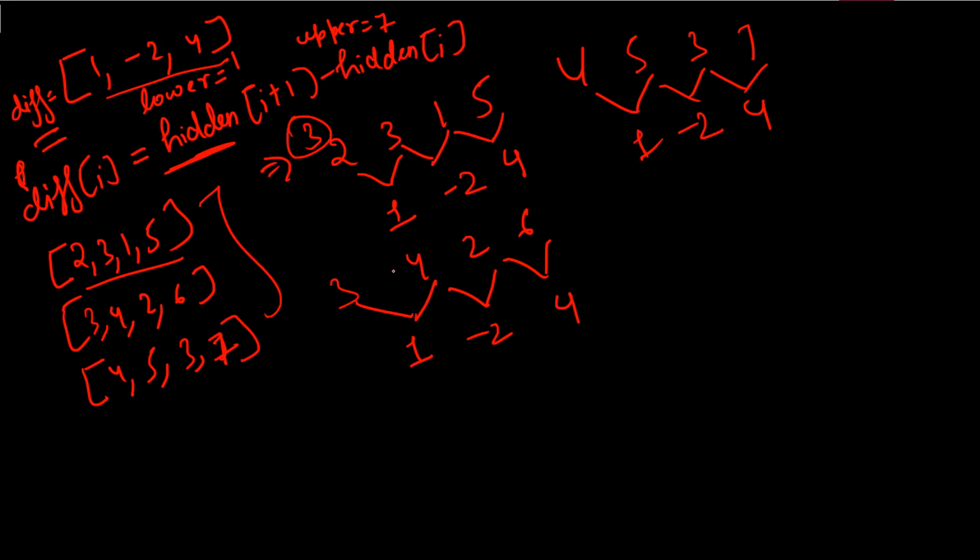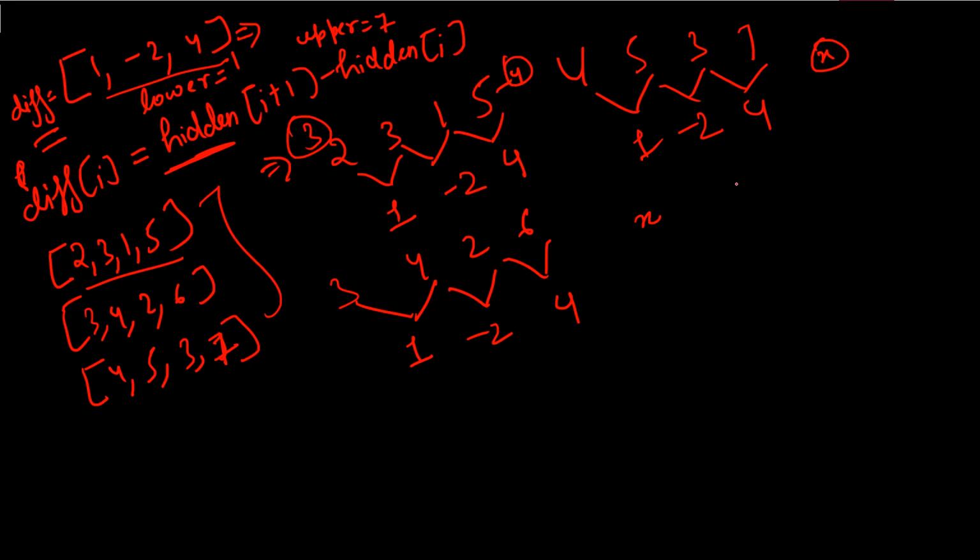There is some kind of observation we have to make. For this test case, we have to find a value. If you want this particular diff array, what can be the possibilities? Let's say we have a number x. What is the number of elements we have in our hidden array? 4, right? So how can we build a scenario for the same?